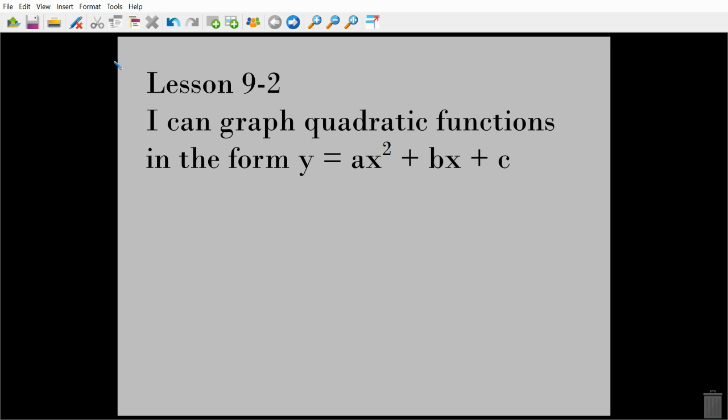In lesson 9.1, we looked at ax squared plus c. We didn't have the bx. What the bx does is cause a shift. So if I can scribble here on my little graph, in 9.1, it always ended up right